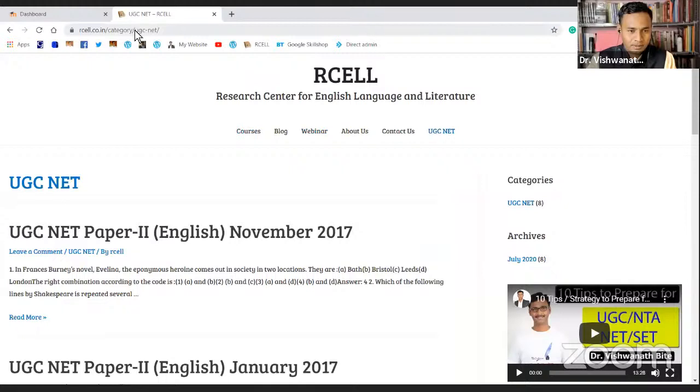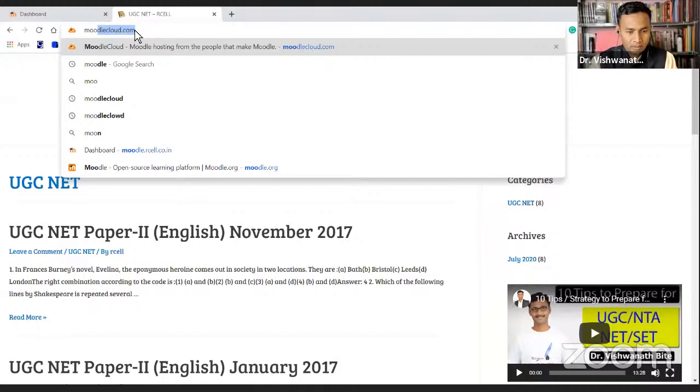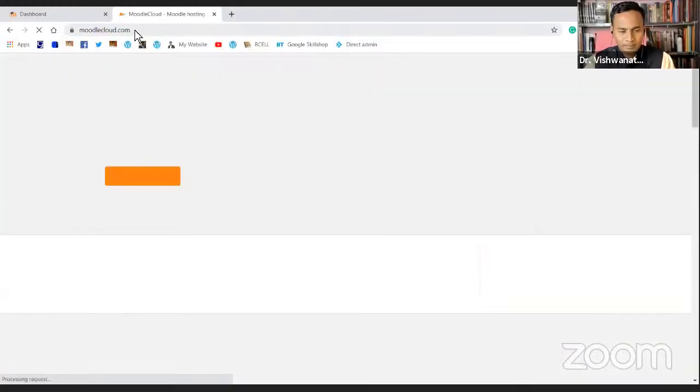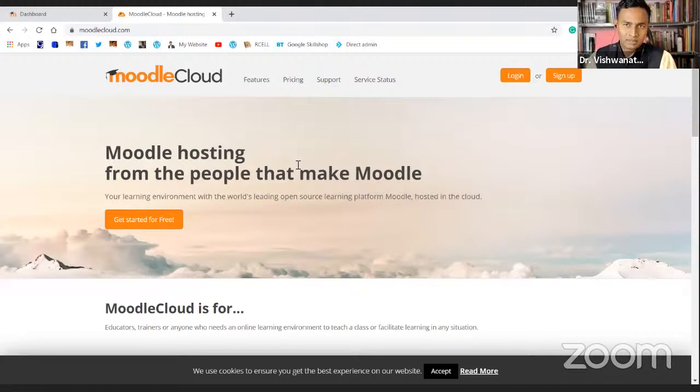There is also one more thing that I would like to talk about, which is Moodle Cloud. Many people prefer Moodle Cloud because it's so simple. There is also a learning mechanism, so that if you want to learn how to use Moodle, how to create assignments in Moodle, or if you have any questions or issues, you can just go to Moodle Cloud and easily create your own course there. I'll show you how to do that.